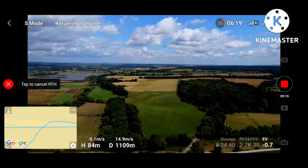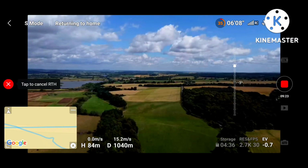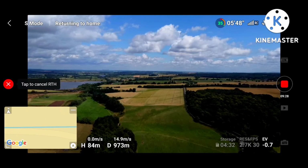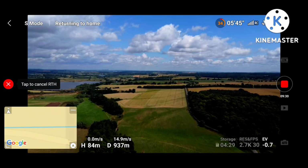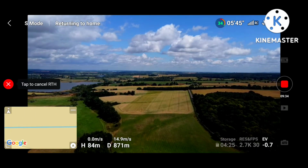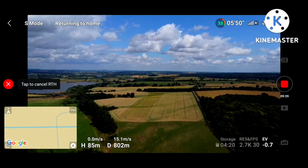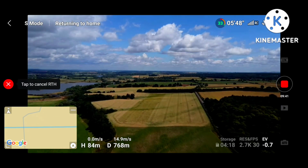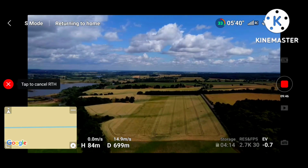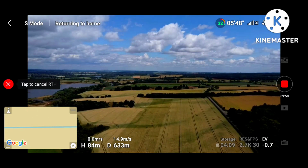I mean, I'm at 35% battery, which is still very, very good. But as you can see to the left of me coming home, these clouds are coming in now and the sky's getting a bit grey over there, so I'm probably coming home at the right moment. 750 odd meters, and it's at 15 odd meters. Look, 15 meters dead on, 15.0,